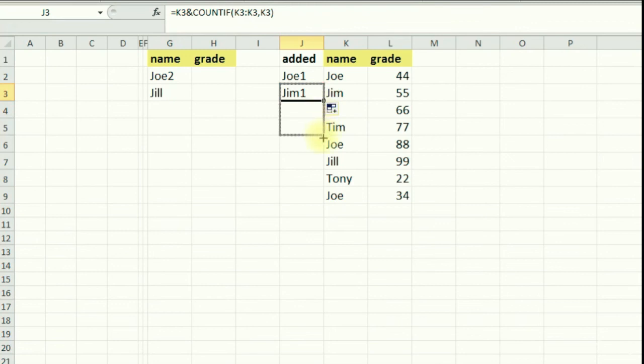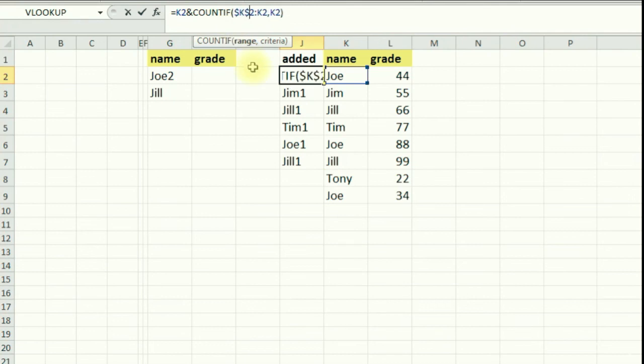But once we get to the next Joe here, it's still going to say Joe 1, because all this is looking at is K6 to K6. The formula's right, it's only doing K6 to K6. But we want to count all previous instances of it. So we always want to start at K2. So what we need to do is put dollar signs in front of it to anchor it. Now we press enter. Now if we copy this down,